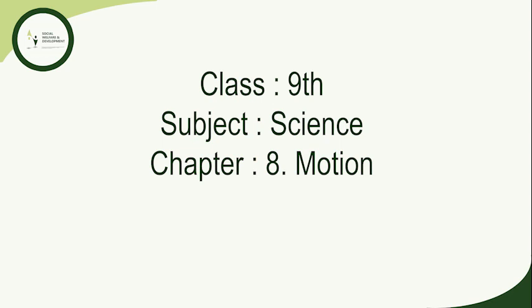So average speed in the first trip would be s by t1. That we could write as 20 km per hour is equal to s by t1. So t1 is equal to s by 20 hours. Average speed in the second trip would be s by t2. That is 30 km per hour is equal to s by t2. Therefore t2 is equal to s divided by 30 hours. Now the total time would be t1 plus t2 is equal to s by 20 plus s by 30. That is t1 plus t2 is equal to 5s divided by 60, which would be s by 12.